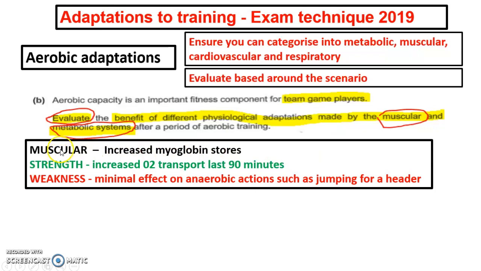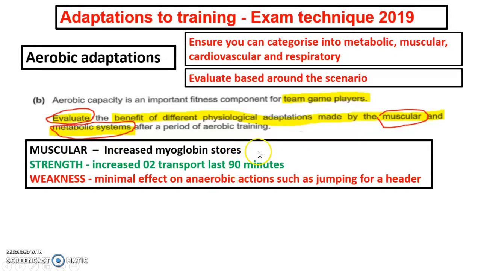A muscular adaptation to aerobic training would be an example of myoglobin stores. You could have had mitochondrial density. You could have had other ones. Ultimately, if you've been taught by me, these are the two that you would have focused on for muscular. So if that's the case, then the strength of this is that it increases O2 transport,